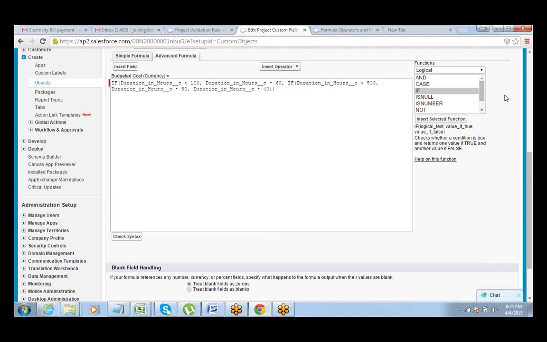Correct? See, writing the formula is not the tough part. Again, trust me on this. Because this is something which anyone who works on a database or anyone who has worked a little on Excel can easily do.